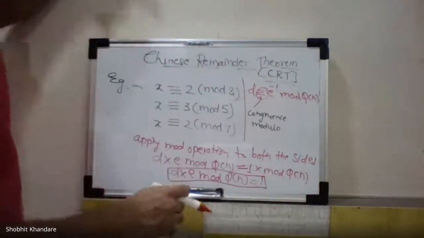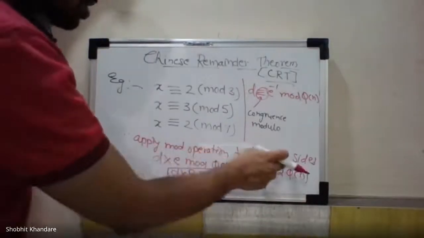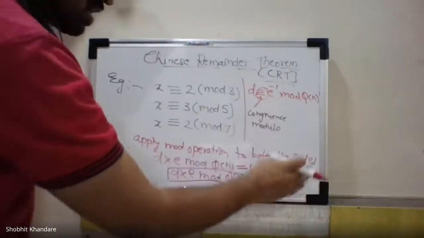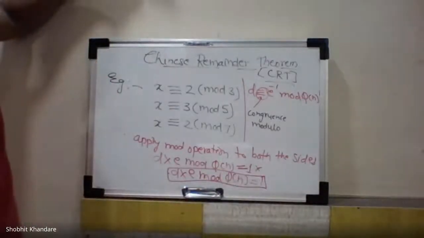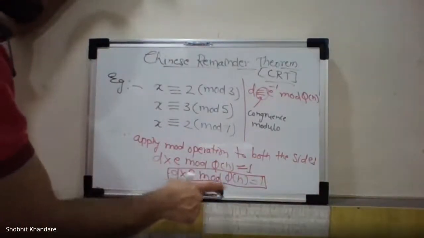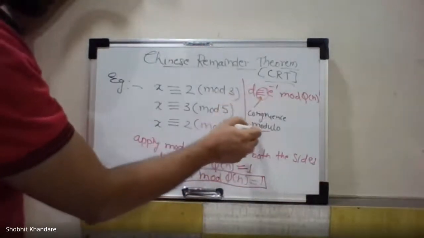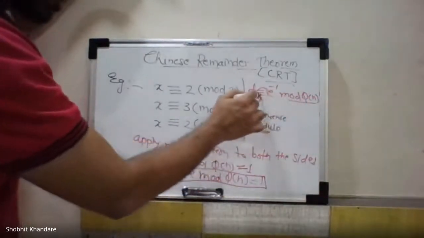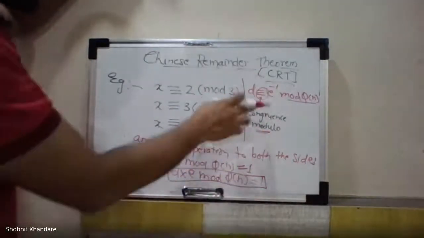Okay, you can do this also. Now it's better, let me make it more easy. Applying mod operation to both the sides. Now when you multiply mod of phi of n into mod of phi of n, you do one thing, this will be 1, then it will be easy. So it will be d into e mod of phi of n is equal to 1. Now actually this congruence is related with the modulo operation, and whenever you multiply both the sides with the mod function, then this congruence is converted into equal sign. Actually this congruence is not part of the syllabus, but just to explain you.